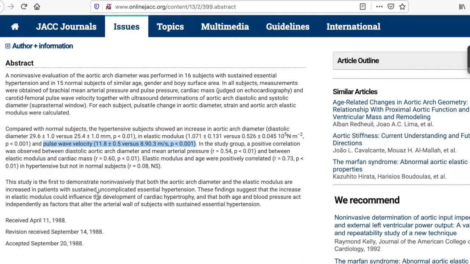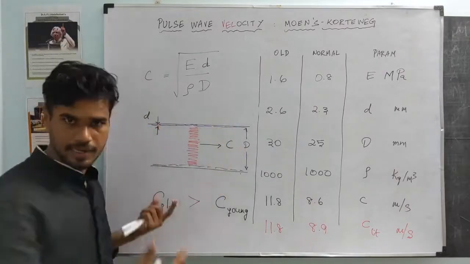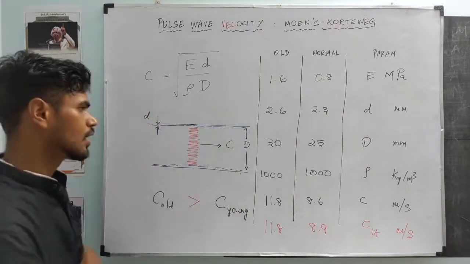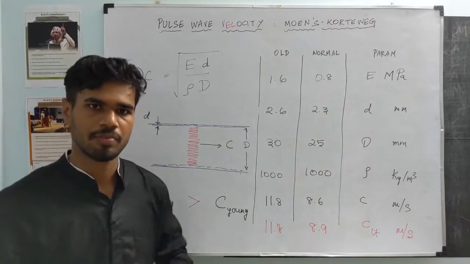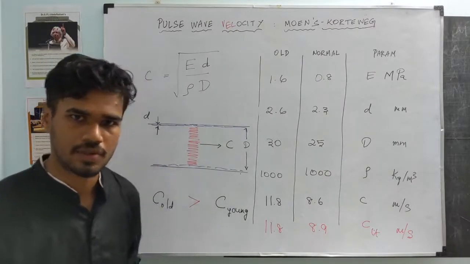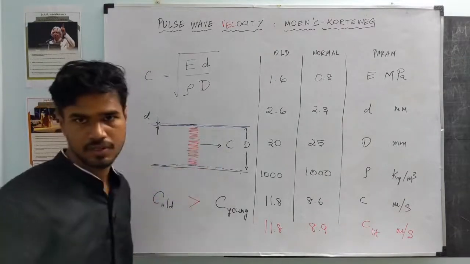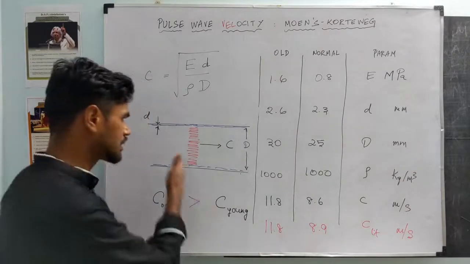In fact, pulse wave velocity is usually higher in older people. As the blood vessels get thicker, the pulse wave velocity becomes faster. Now one can use this to estimate the health of a person or the health of the blood vessels of a person. Can you think of ways to measure this velocity? One of the things is you can use something like Doppler ultrasound and measure the velocity of the